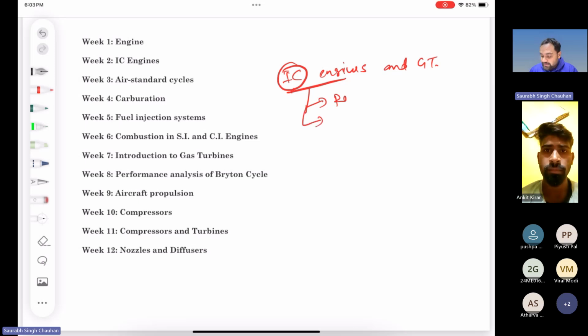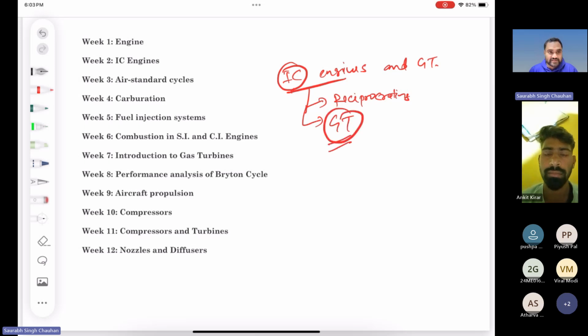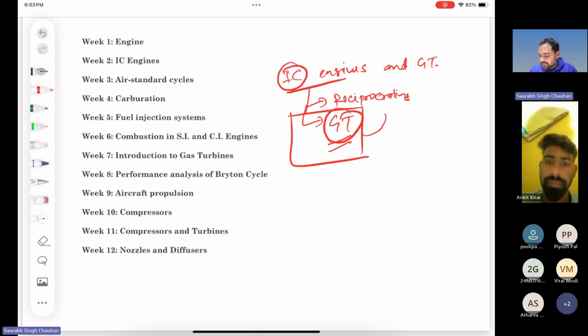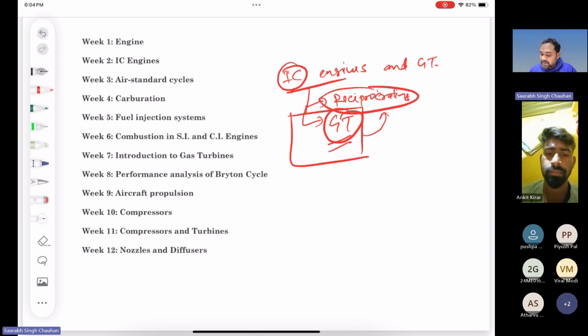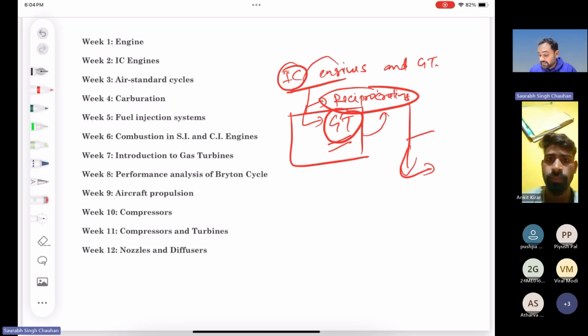But in this course, when we say IC engine, then basically we mean reciprocating engines. But technically, this should also include gas turbines, right? In this course we will be discussing gas turbine as a separate unit, but technically they are internal combustion engines. So IC engines for this course means reciprocating engines, and in reciprocating engines we will be discussing mainly petrol engines and diesel engines, right? Diesel engines are compression ignition engines and petrol engines are SI engines, right?